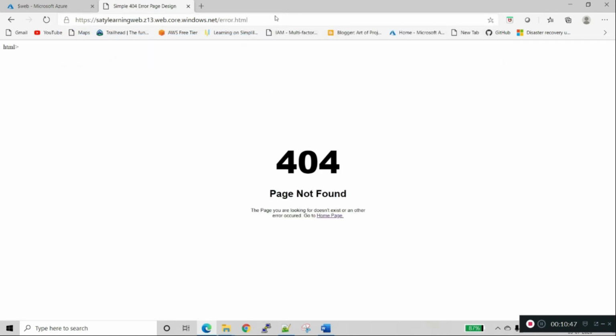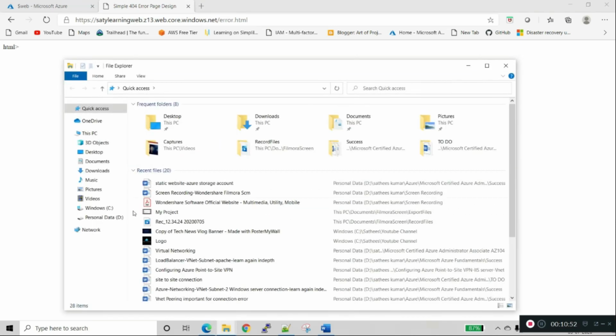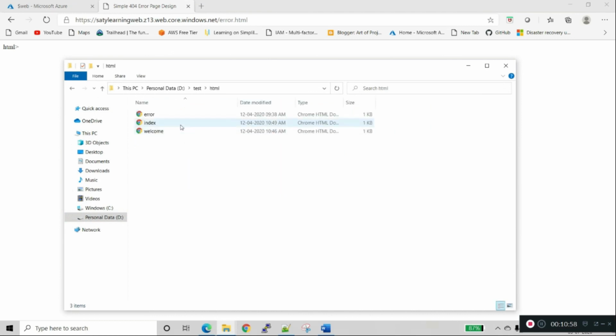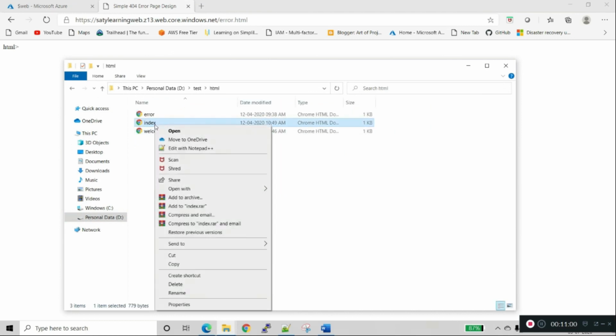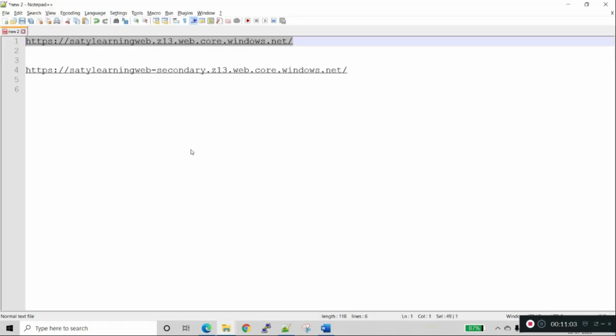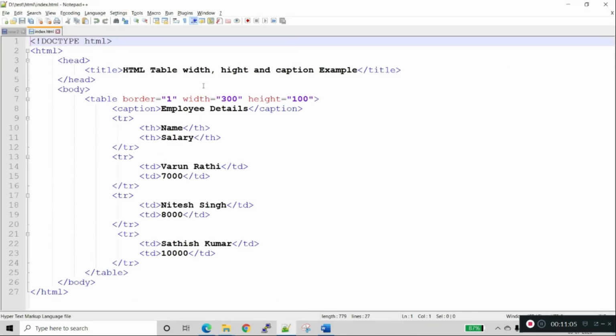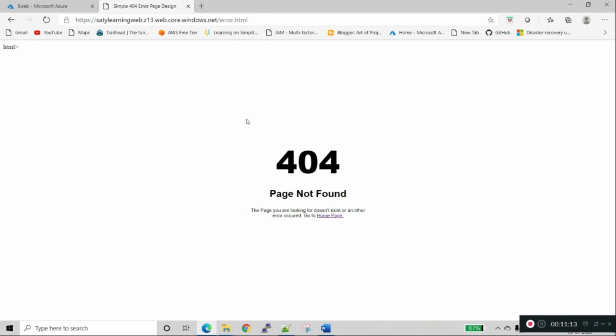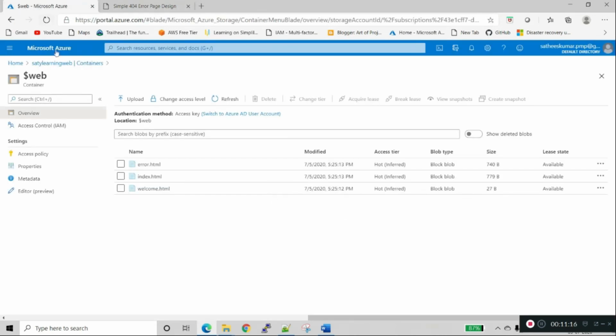This is error.html, not found. We will verify this in our local D drive, test HTML. This is the file I have used. I will open it in Notepad. See here, this is the sample HTML file I have used. So it's working fine.